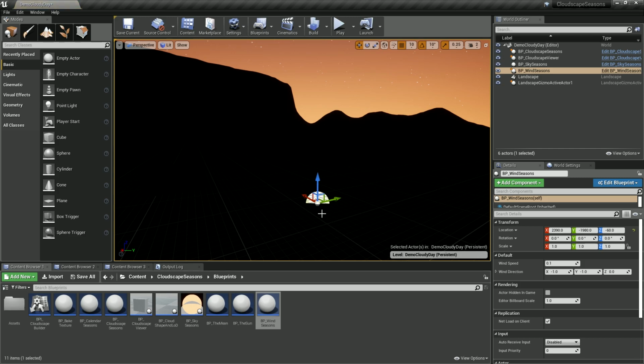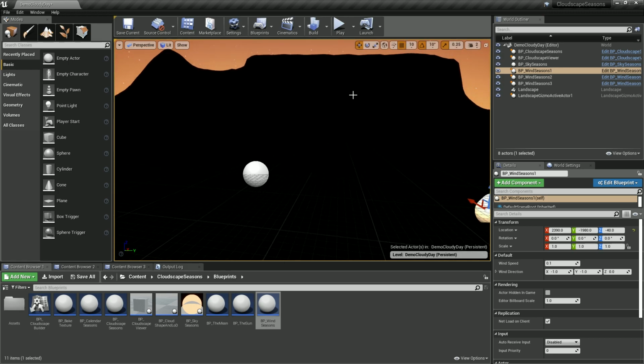and for the wind seasons you click on it here in the outliner and press Ctrl W, so you make another 2 copies, rename this one for 1. You need 3 layers of wind, because you can have 3 layers of clouds. And the thing is now,